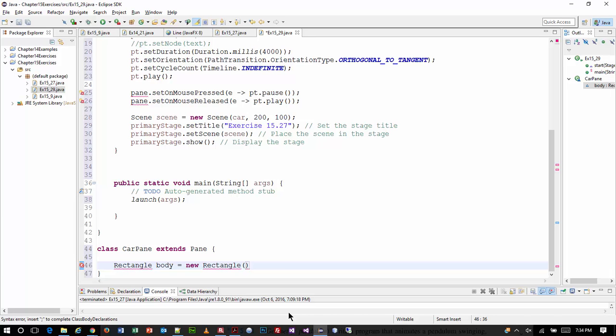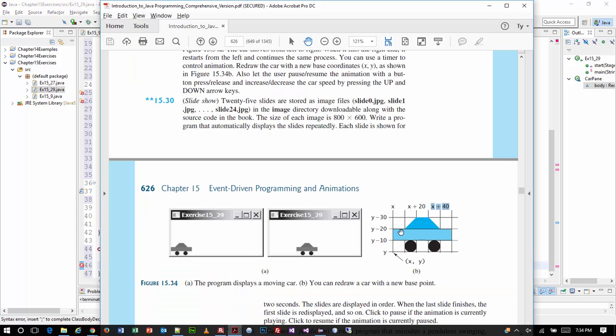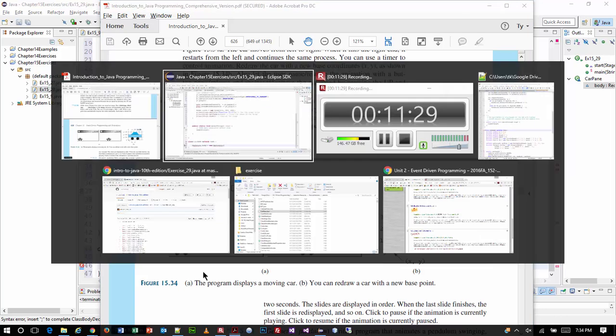Where would it start? Okay, x would start at 0. That makes sense. And if we're drawing a rectangle, we'll bring that diagram back. So if x is starting at 0,